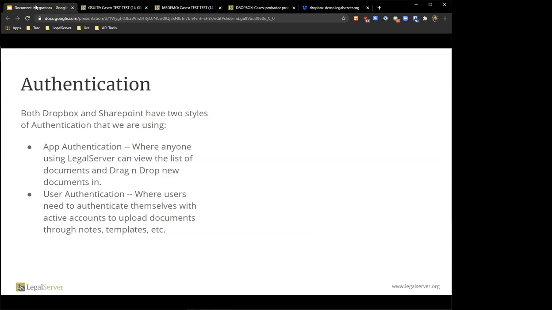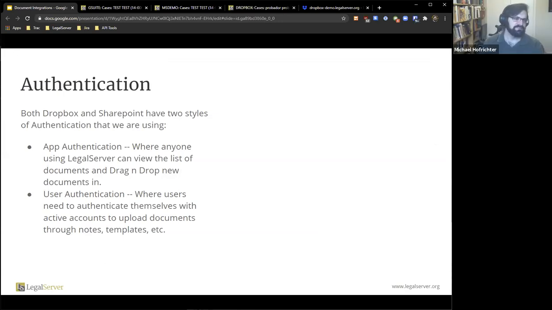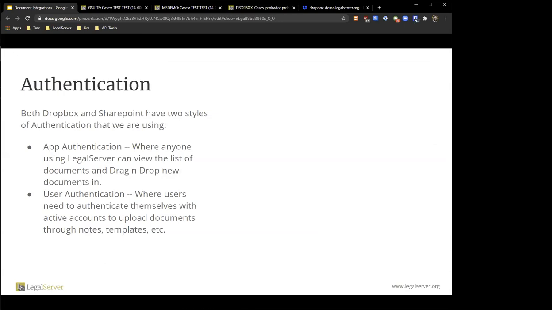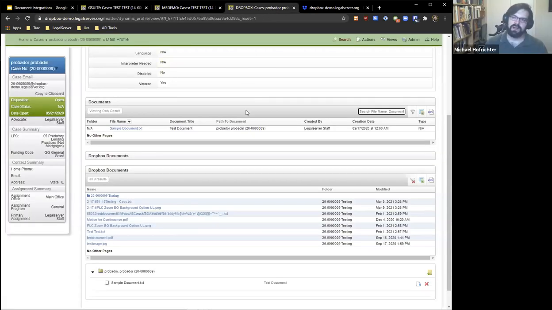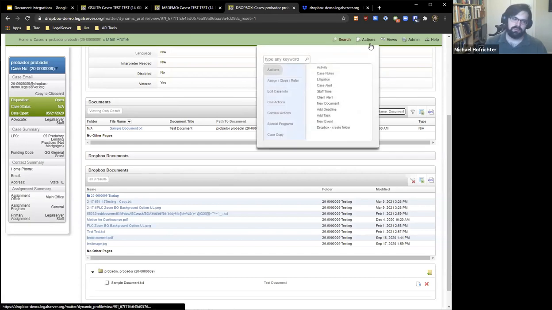So right, I have a couple questions. It's Alan Hill. Sure, Alan. In Dropbox, does your API create the folder in Dropbox, or do you have to go there and create the original folder? For both Dropbox and SharePoint, we have a block that you can put in your intake process or